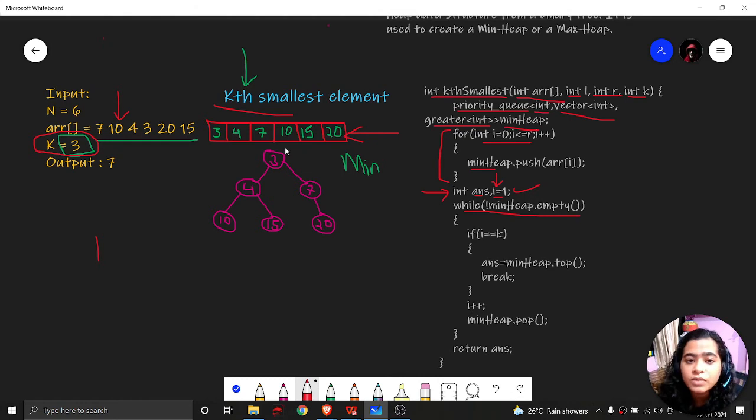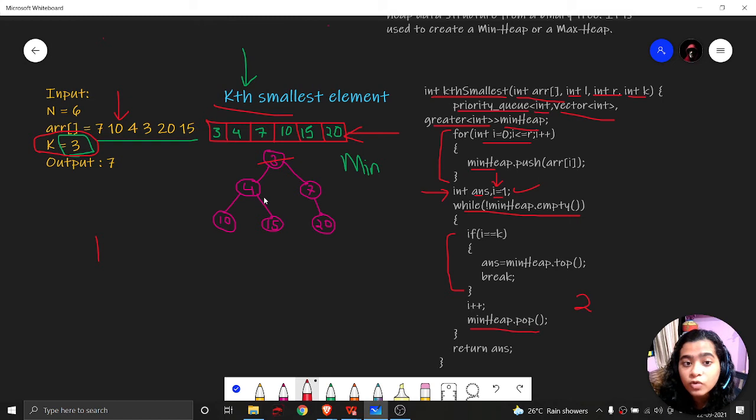We have stored the elements of the array inside the heap. If I is equal to k, I is 1 and k is 3, it is not equal. So we will increment I. Now I will become 2, and then we pop the min heap.